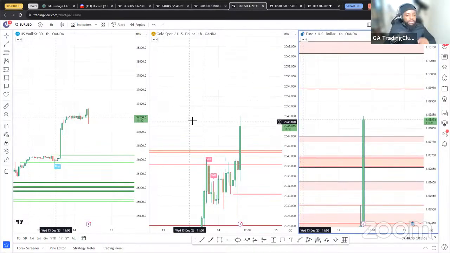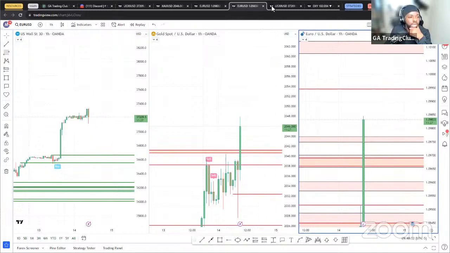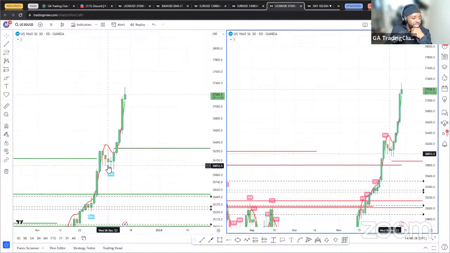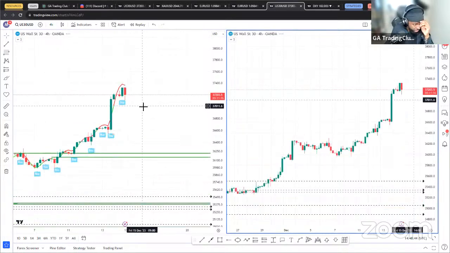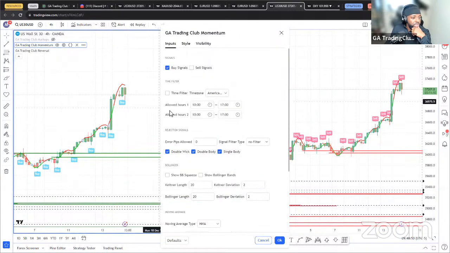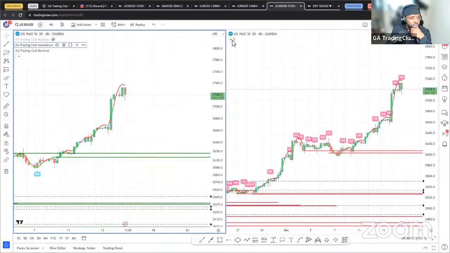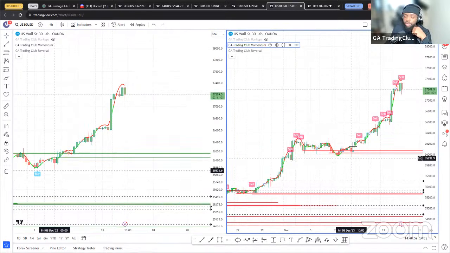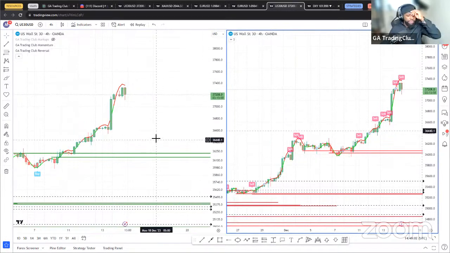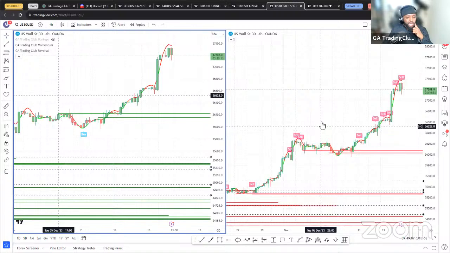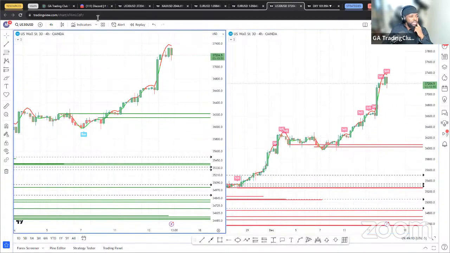Okay, let's go to the higher time frames and see if we do have any momentum entries. Here on the daily time frame, this buy was invalid, this sell was invalid. We go down to the 4-hour time frame. On the 4-hour, let's apply the moving average filter, because any time frame lower than the daily time frame, you apply the moving average filter for the momentum indicator. Yeah, so nothing to look at really. No valid sells, no valid buys.